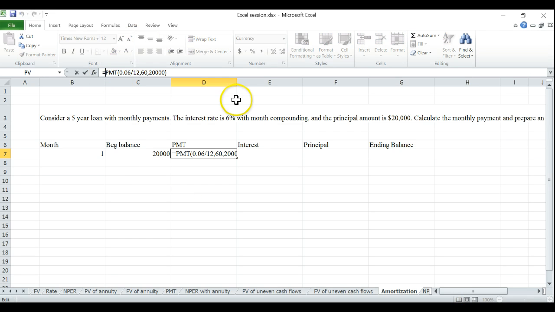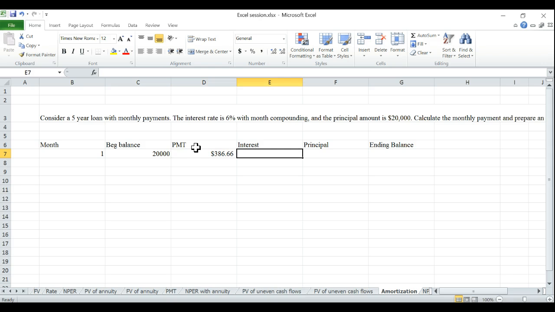If you remember in the class also we said yes, we'll get the negative value, but to look at the format of this table, we can just say that we are going to pay 386.66, so we don't really need that negative sign. We could have done it somewhere else in the previous cell or here, it doesn't matter. So that's the payment.